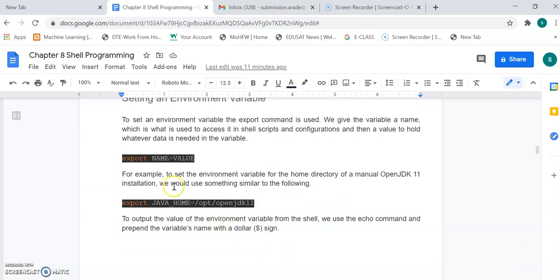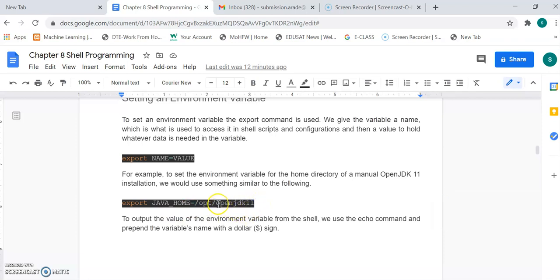While setting an environment variable, you have to use the export command. So export and then name is equal to value. The example is given for JAVA_HOME. Suppose we want to set JAVA_HOME as the name, and in JAVA_HOME we are storing the path /opt/openjdk11.